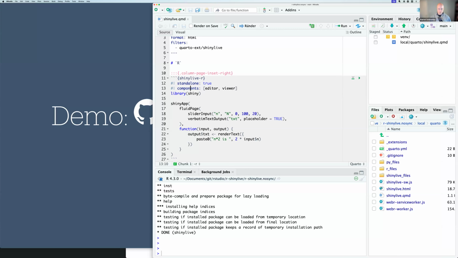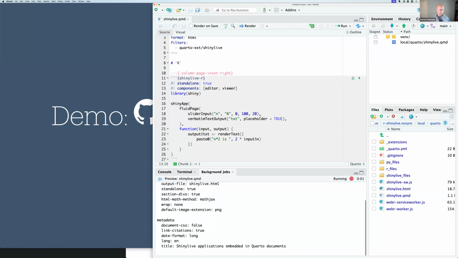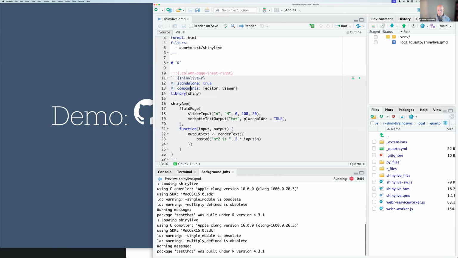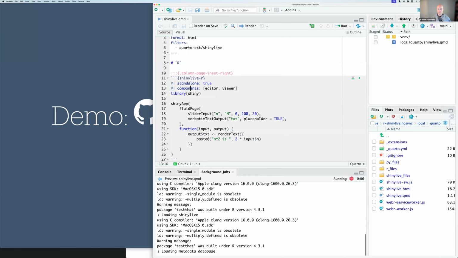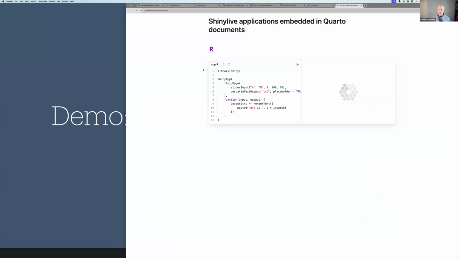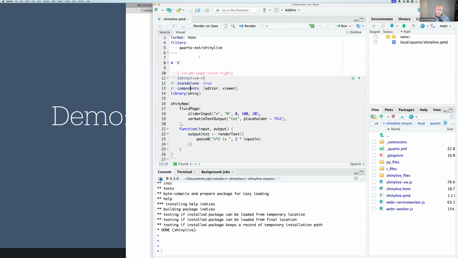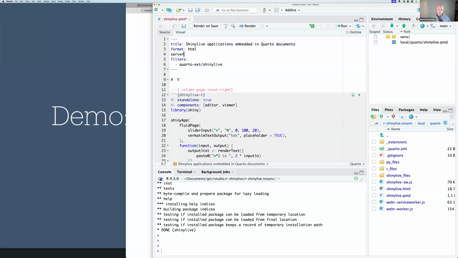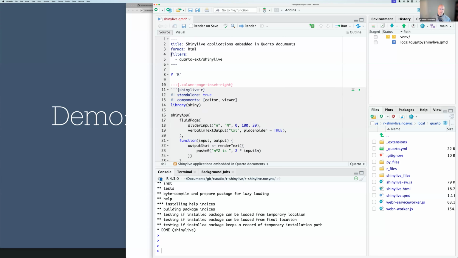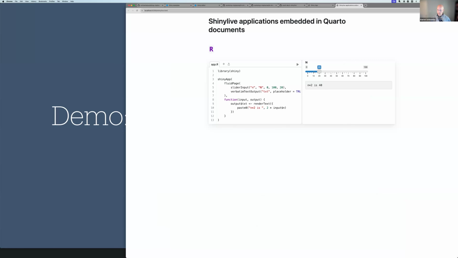If I were to render this, waiting, it opens up. Quarto is hosting it locally. There's no server Shiny or anything like that. It's just a static HTML format. And yeah, n times 2 is 140. Perfect. App works.